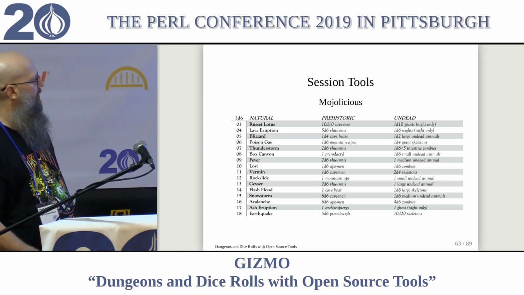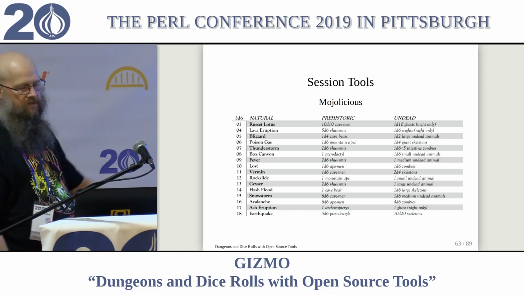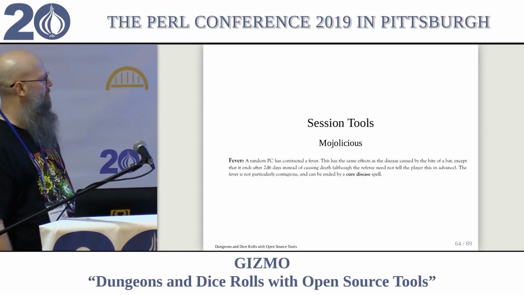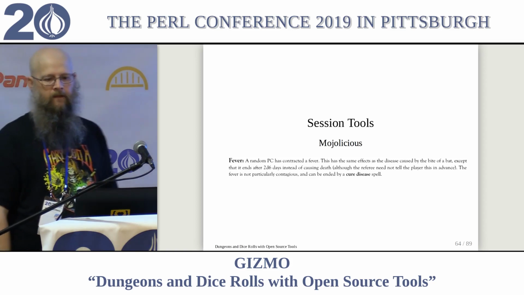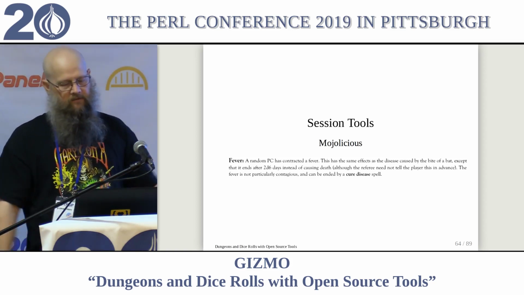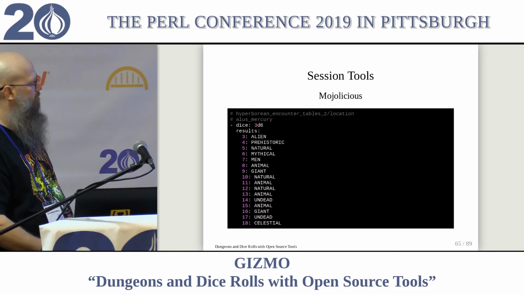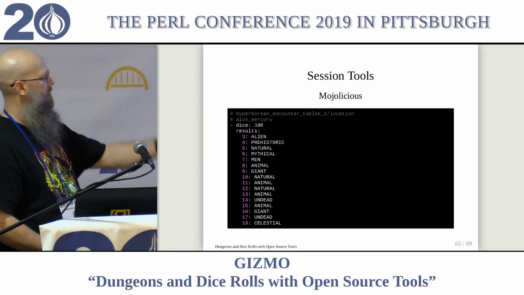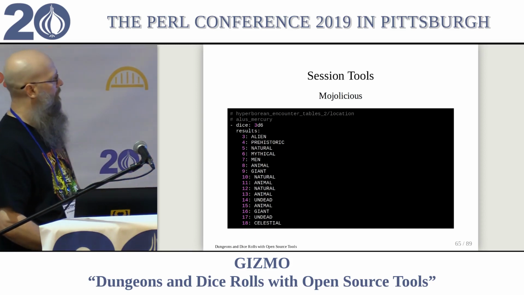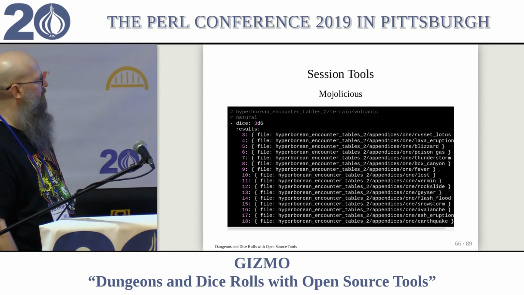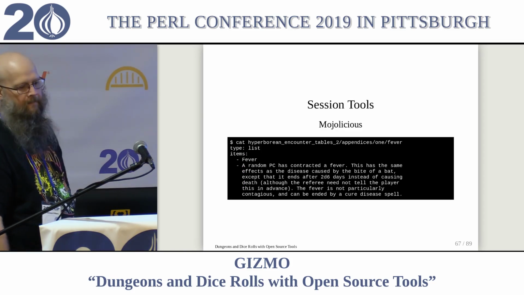And say we get a natural encounter and, hey, I roll a fever. What does that encounter look like? The PC gets a fever for some number of days. So I took that whole list of tables and I made Roland tables out of it. Same thing: dice, results, and if you know the location and the terrain, like I said, we're on the volcanic terrain type, roll on this, and fever. This is the entry for what the fever looks like.